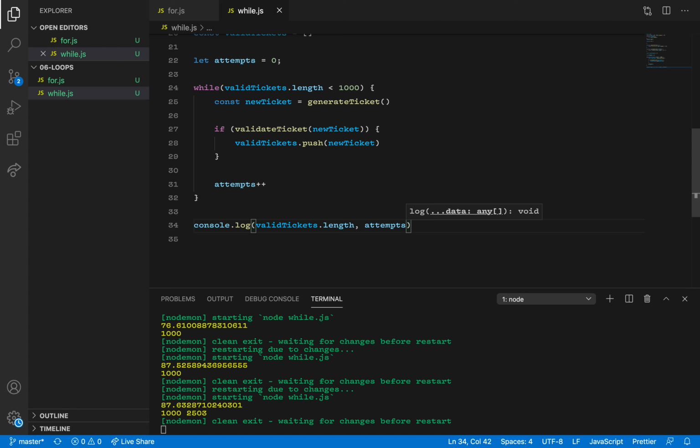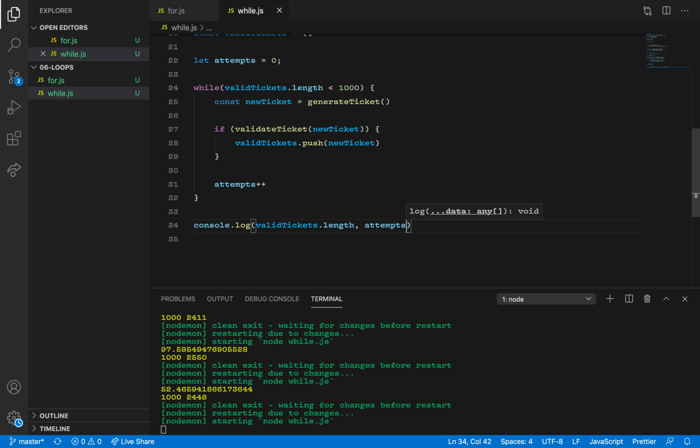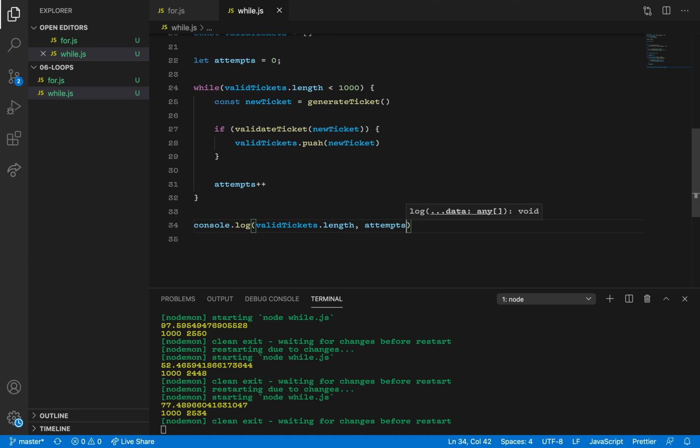So that time we, I don't know, you could say 1,000 successful tickets, 1,503 unsuccessful tickets. Log it again: 2,349. So it's roughly the same,